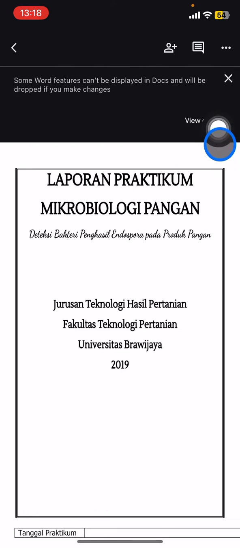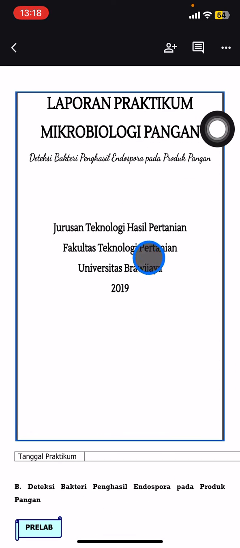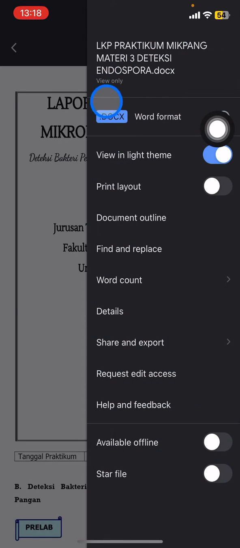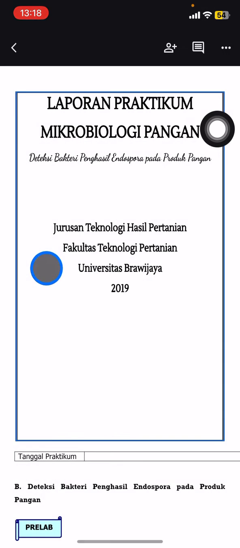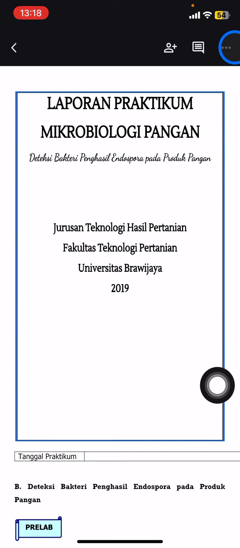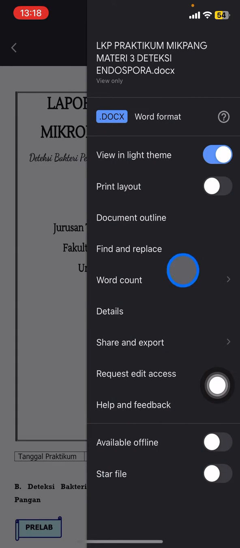So whenever we want to edit this file, there is no access to it. Or if there is no information about the format of the document that pops up when you open it, click the three small dots, because below the title there will be information about the format of the document you opened. If you want to edit this, it is very simple. Click these three small dots and click request edit access, and then